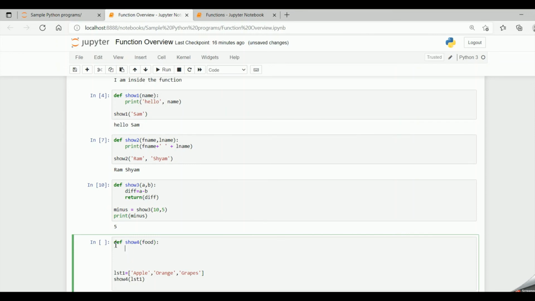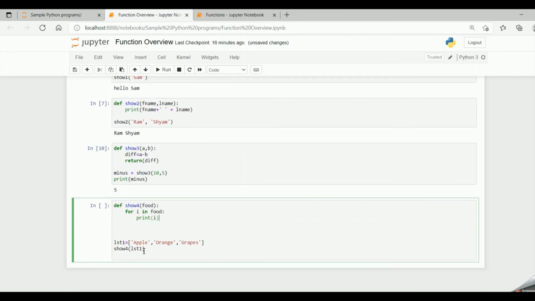Now let me say for i in food, print i. So here what we can see is I'm passing a list to show4, lst1.